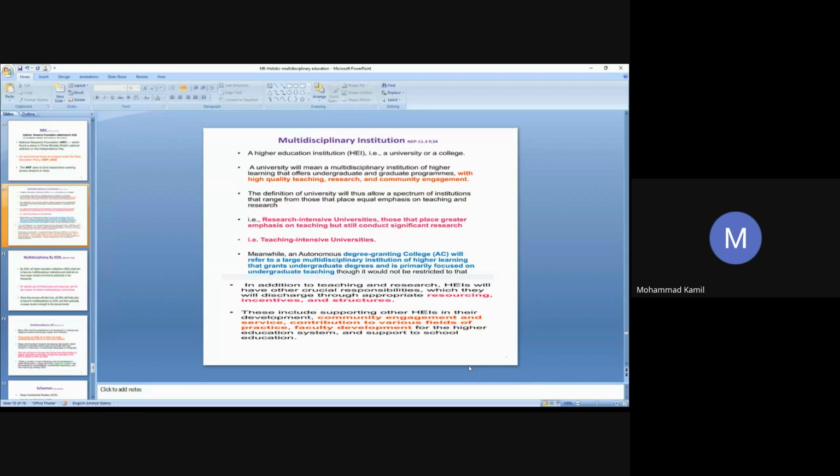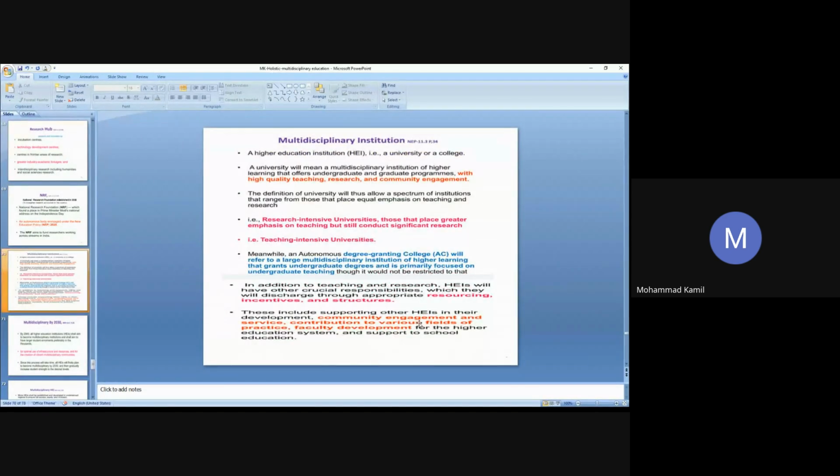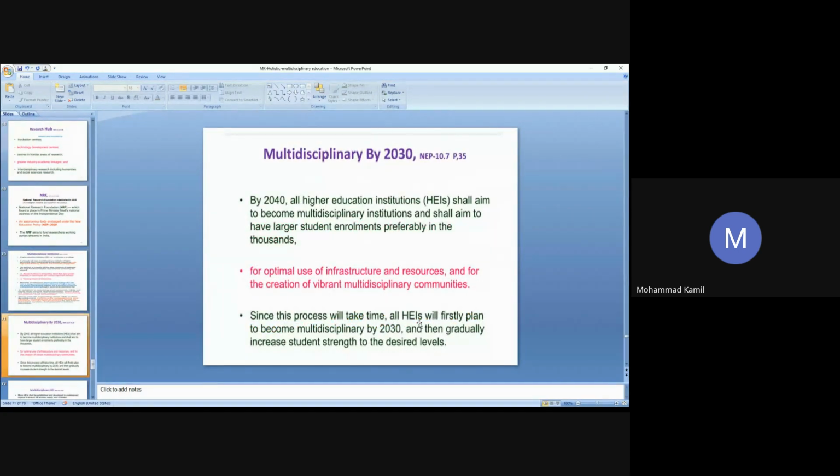So, a multidisciplinary institution, a higher educational institution, HEI, that is a university or a college, will mean a multidisciplinary institution of higher learning that offers undergraduate and postgraduate programs with high quality teaching, research, and community engagement. The research-intensive universities, though they place greater emphasis on teaching, still conduct significant research, as do teaching-intensive universities. By 2040, in NEP 2020, all higher educational institutions shall aim